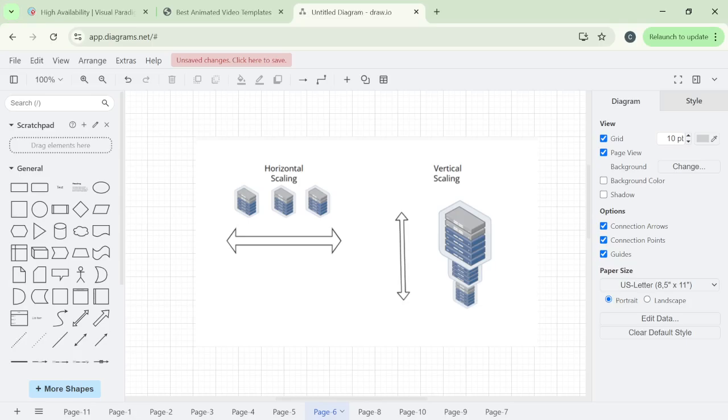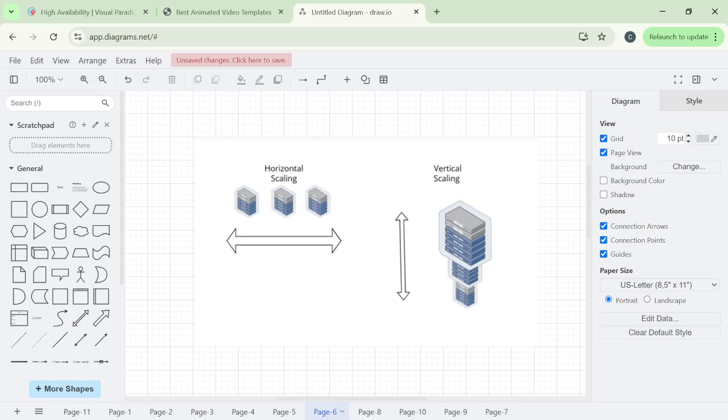Modern cloud platforms like AWS, Azure, and Google Cloud make horizontal scaling much easier with features like auto scaling groups, which automatically adjust the number of instances based on the demand. This means your infrastructure can scale up during peak hours and scale down to save cost when traffic drops. One key enabler of horizontal scaling is designing stateless applications. When an app doesn't rely on local state, any server can handle any request, making it much easier to distribute